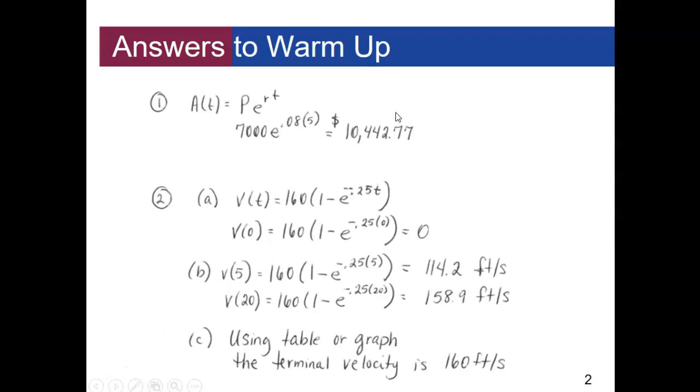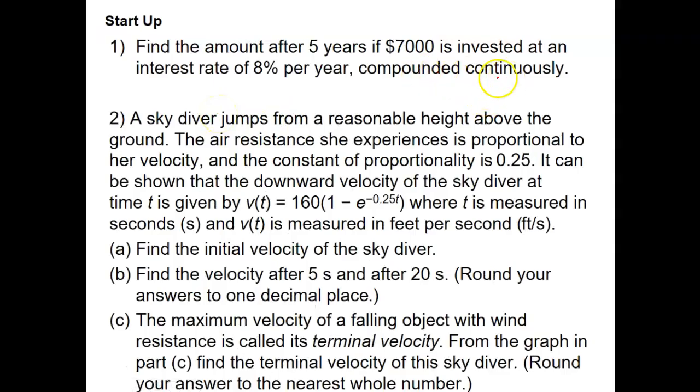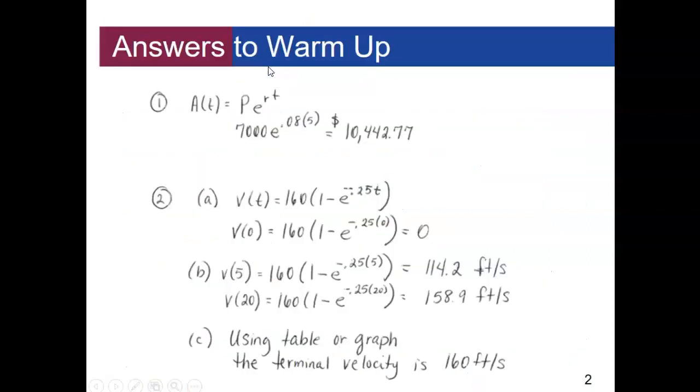Okay, on the first one, you're asked to find compounded continuously. You've got 5 is going to be your t, this is going to be your principal, and then 0.08 is going to be your rate of interest. So when you look at how to put this in, this is the formula for compound interest that's compounded continuously. So I've got our principal, our rate, and our time, and put that in, and you get this as your